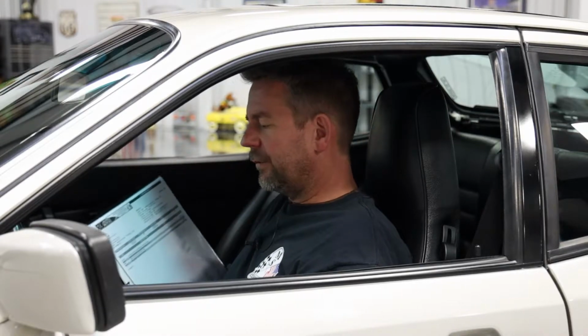So, cool story. A lot of the vehicles that I purchase are not vehicles that you typically will find at auctions or cars that have traded tons and tons of hands. I try to go after vehicles that have stories, vehicles that haven't been all over the place, and this vehicle here kind of fit that mold. So to get into some of the details here,